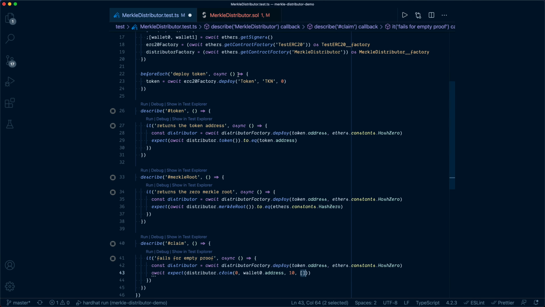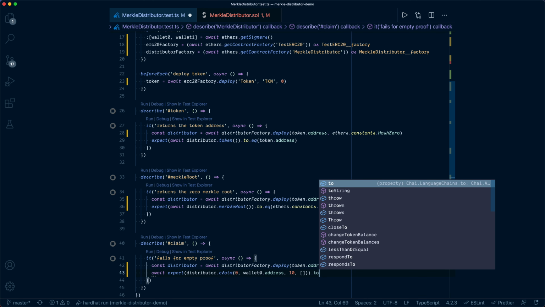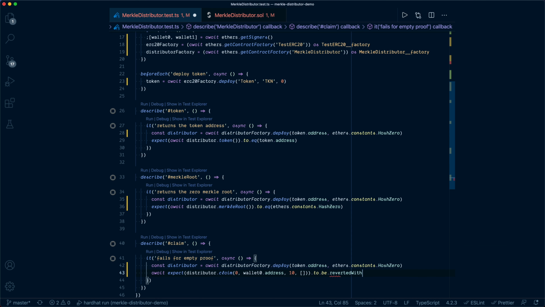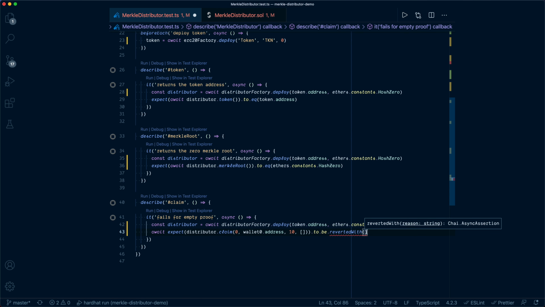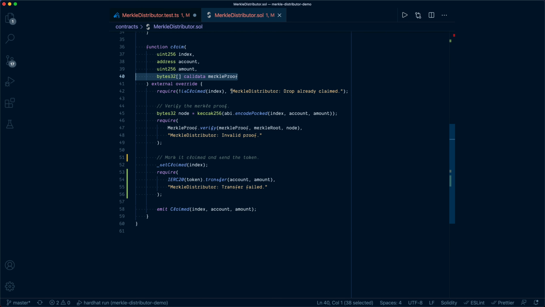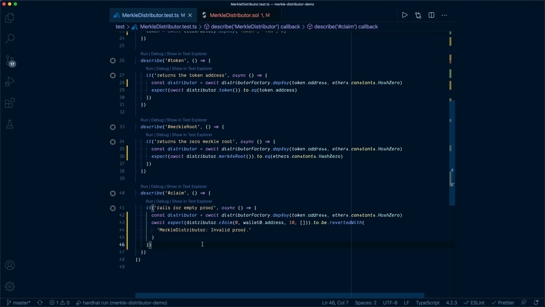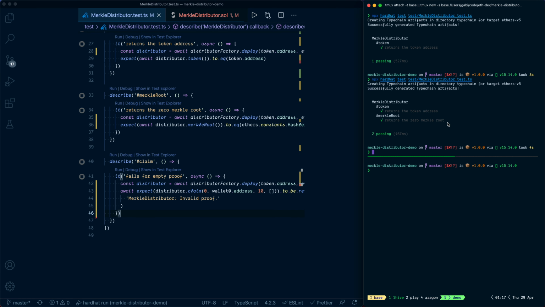This is a Merkle proof. And now this should be reverted with a specific reason message, and that message will be Merkle distributor invalid proof. So let's put this here, and now if we run the test again,